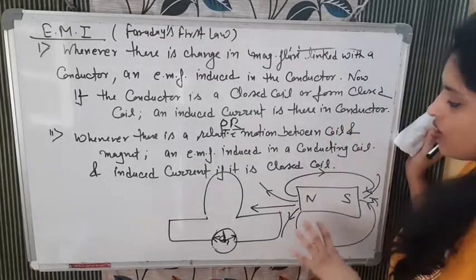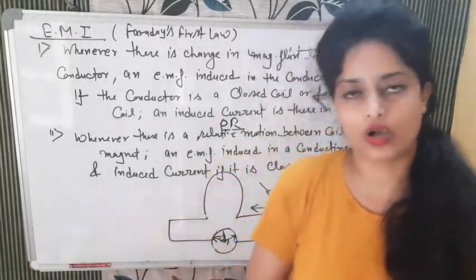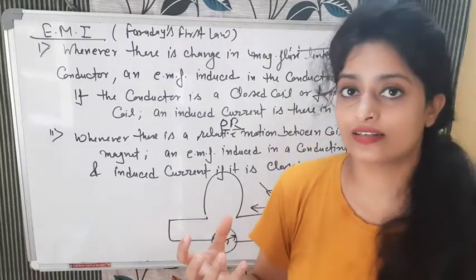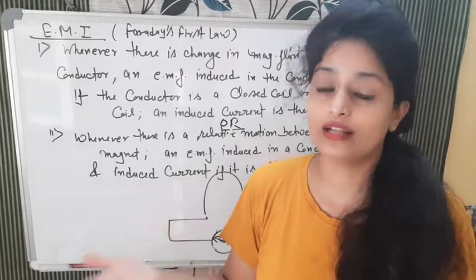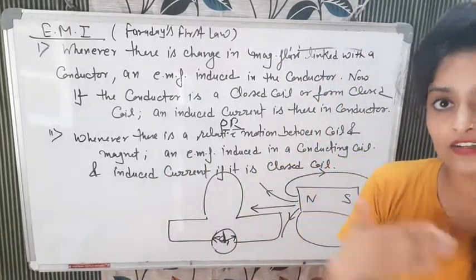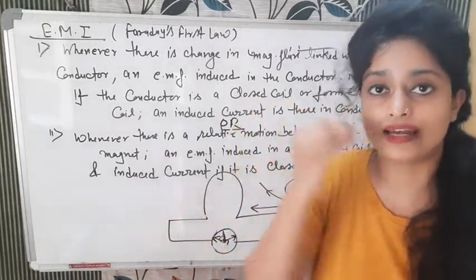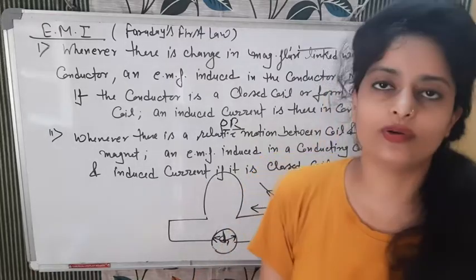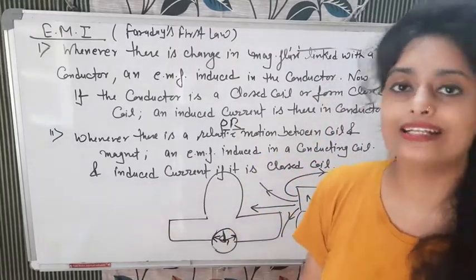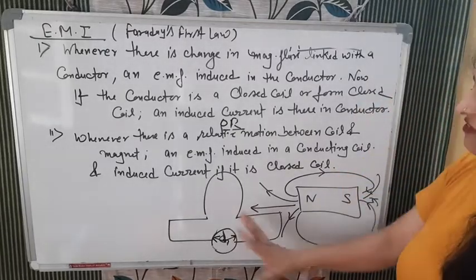Okay, and now कितने time तक ये होगा? It lasts till magnetic flux is changing. जब तक magnetic flux change होगा तभी तक current induce होगा. जैसे ही magnetic flux change होना बंद हुआ, we can say that when the magnetic flux change stops, at that particular moment the induced current will also stop. So induced current तभी तक होता है जब तक change in magnetic flux है. Okay, so this is the first experiment.